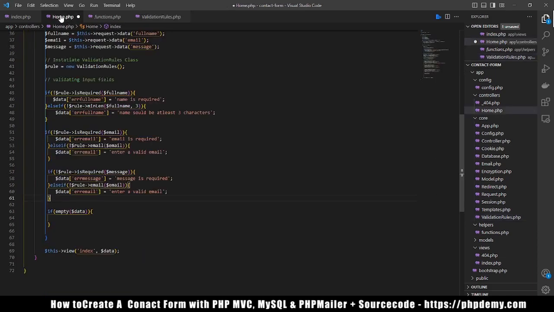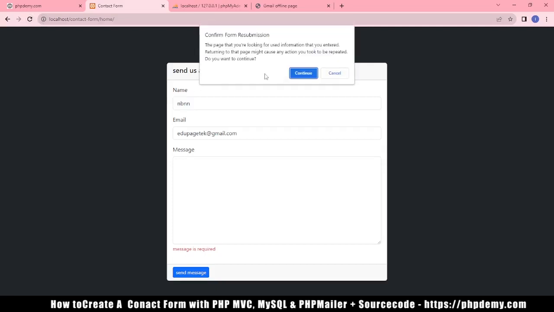So if you want your sender to send you a limited number of text in your email, then you can limit it here. So we say, for example, 20. So we say message exceed more than 20 characters. When we refresh this